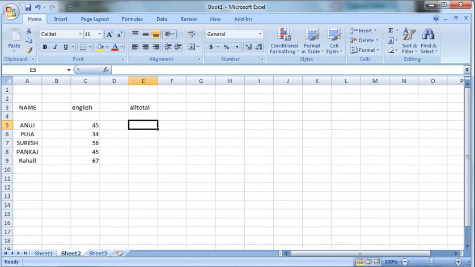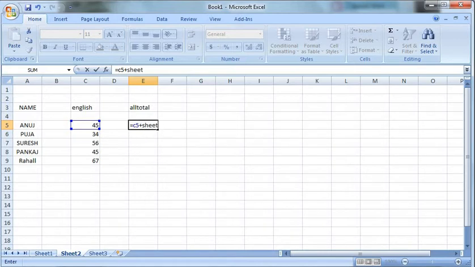So what is the address of this 45? C5. You can see C5. So I will write equal to, and I want to add this 45, so C5. I have written that, and after that I will put the plus symbol. C5 plus. I want the addition of this with the 3 subjects from the other sheet. So next I will write the value we are taking from Sheet 1. This is Sheet 2, you can see on the bottom side.